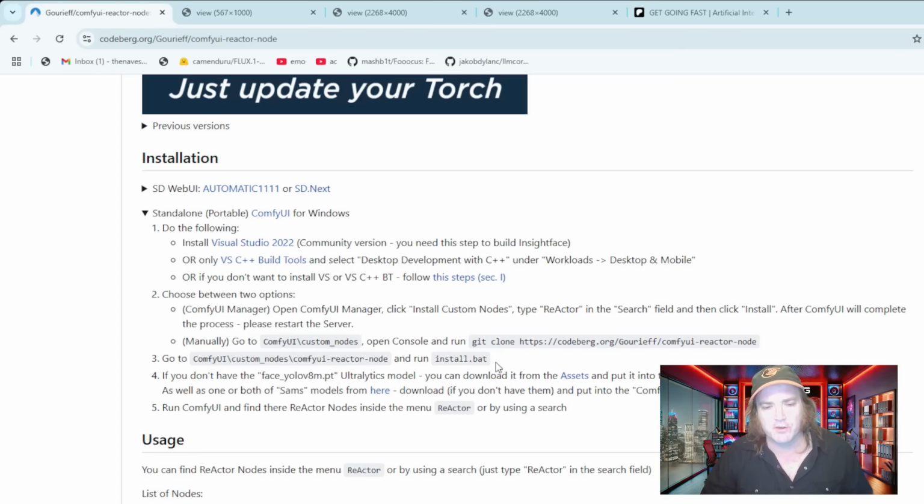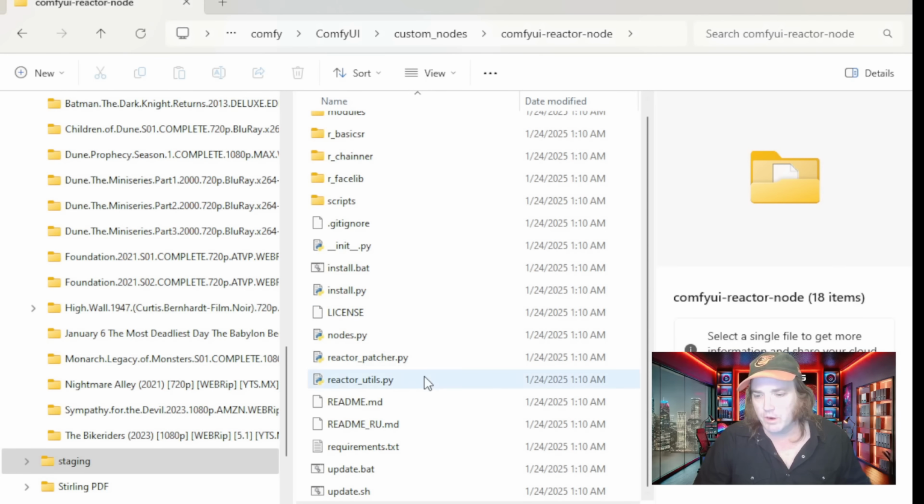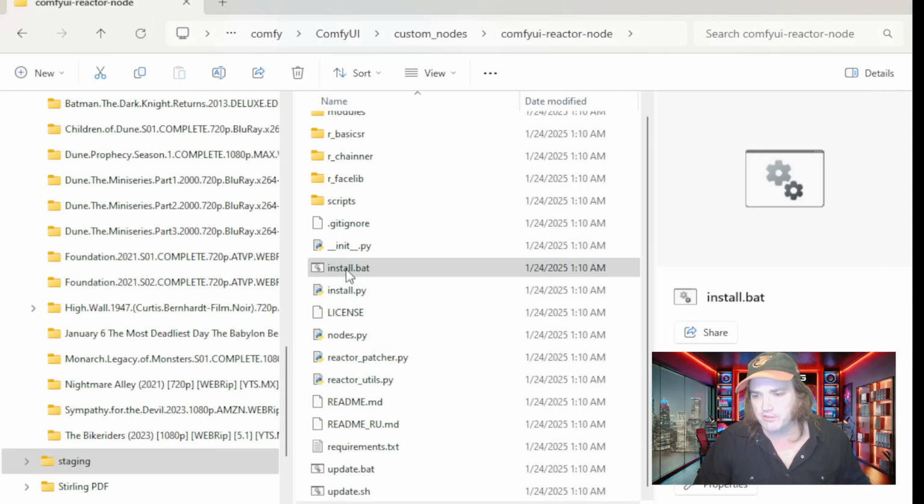But particularly for the manual, we're going to go ahead and take a look at that file, but we're going to figure out kind of the backdoor way to do it. So let's head back over to our File Explorer. And what I'm going to do is go to where that install.bat is, and I'm going to click edit, and I'm going to say edit in Notepad. Okay, and that's going to bring up a